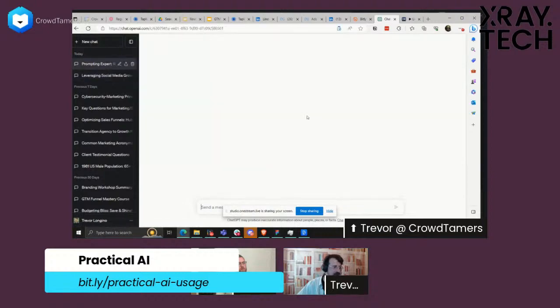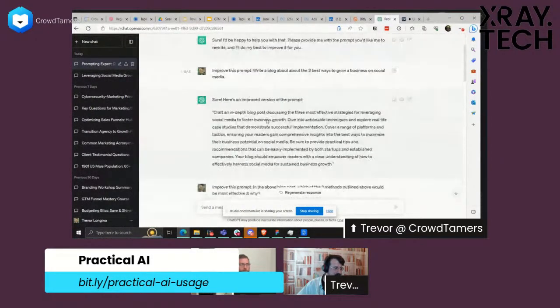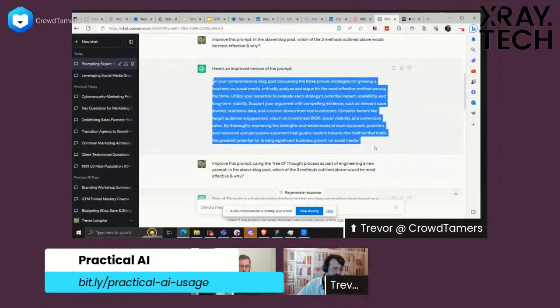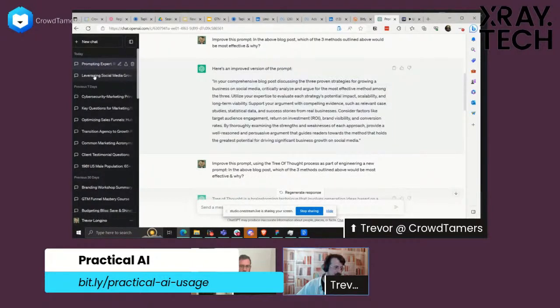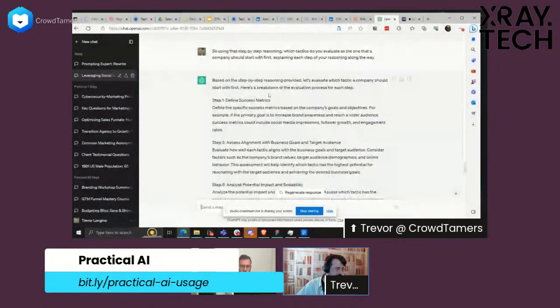So I come back over here to my prompt engineering and I say, all right, I want to make sure it knows I'm talking about a blog post. In this case, it knows it generates a prompt for a blog post. Improve this prompt. And now it goes, boom, this is an actual prompt that gives specifics for what you want to see ChatGPT do for you. Then the result that comes out of this is a little better, right? I'm going to go grab